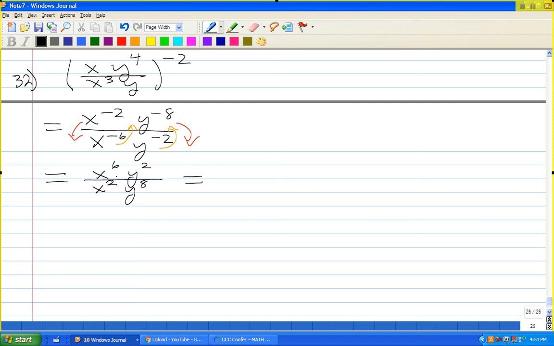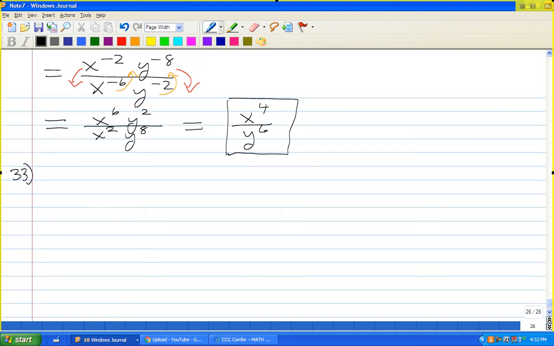I have the same base x here. 6 is greater than 2, so x will stay in the numerator. 6 minus 2 is 4. I have the same base y. 8 is greater than 2, so y will stay in the denominator. 8 minus 2 is 6. And that is your answer. Of course, there's a wide variety of differing ways you could have gotten to this answer, several of which have the same level of difficulty. So 33,